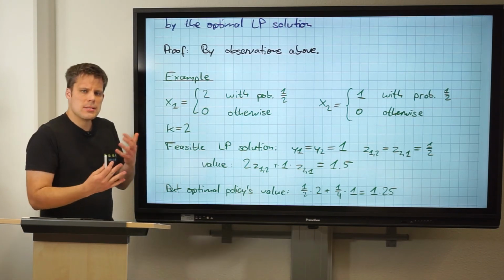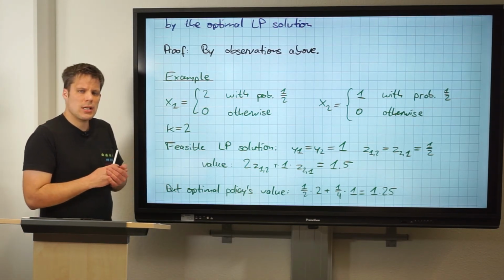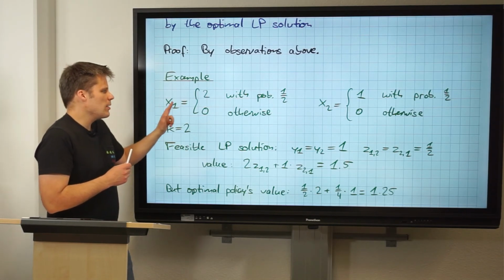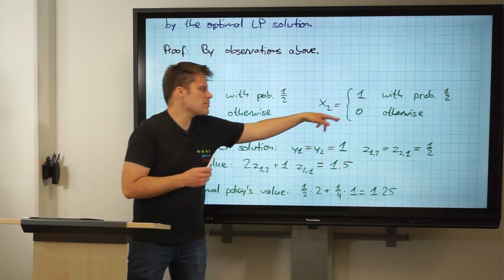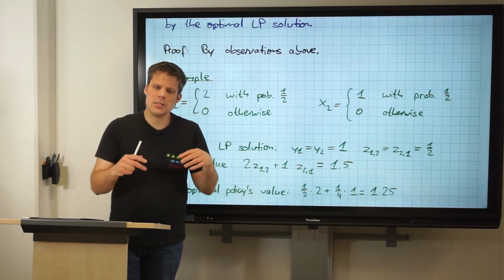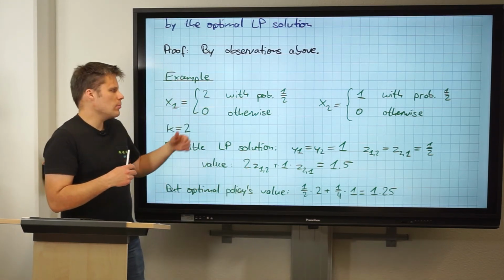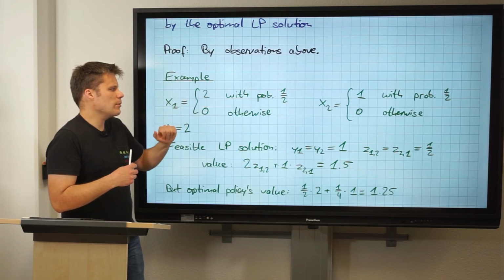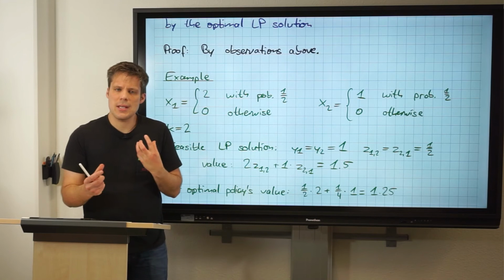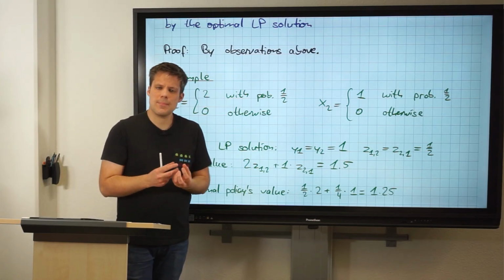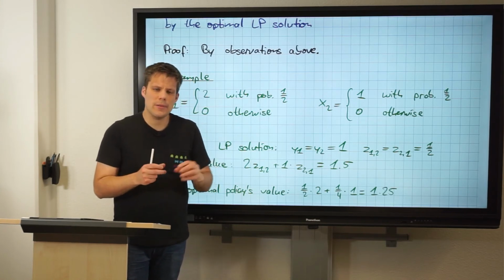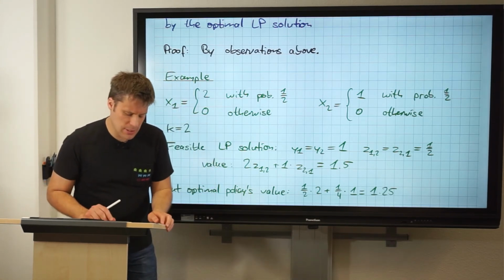Why is this? Because the LP doesn't actually encode that sometimes it may happen that we see this price of 2 and this price of 1 at the same time. The LP is just saying, okay, well, you may take the 2 with only probability a half and you may take the 1 with only probability a half. But the fact that it may sometimes happen that both boxes are non-empty and still we may take only one of the prizes home, this is not encoded in this LP.